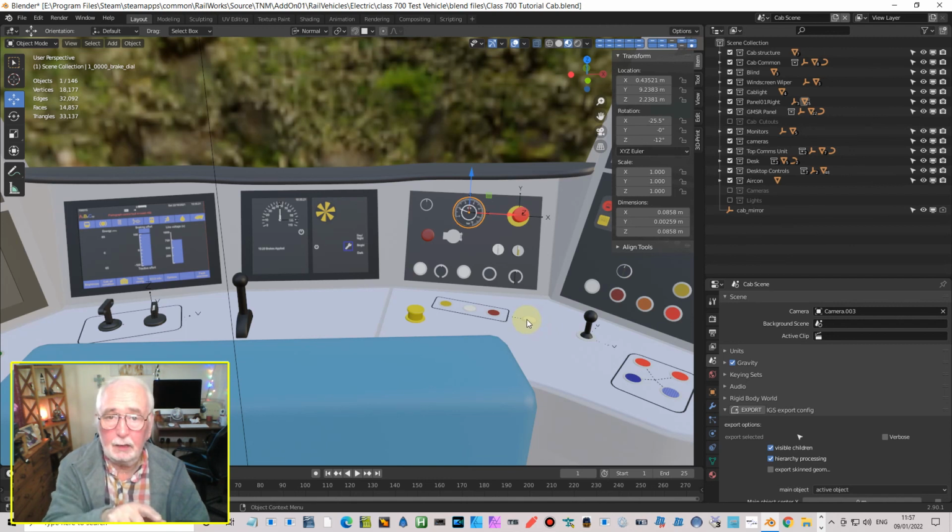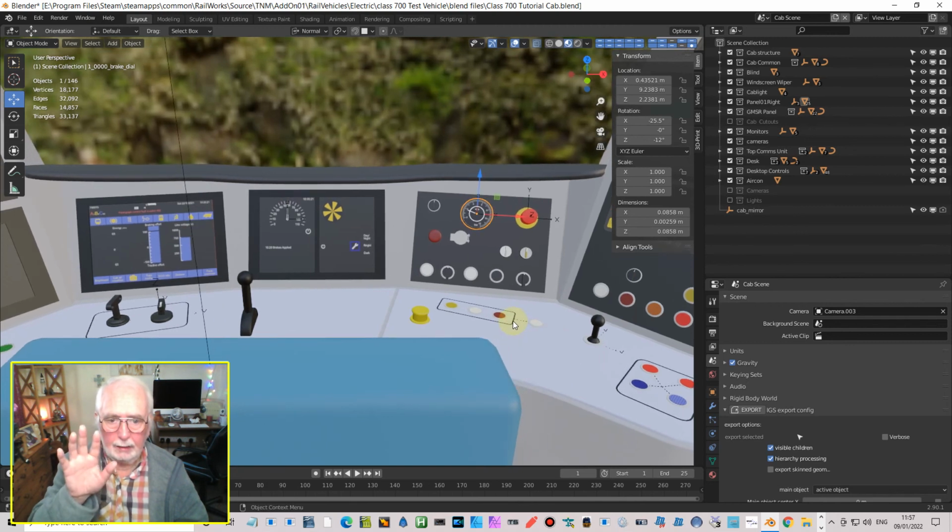I may not have named them. They might just be button 1 or something like that in the list. You might want to name them, but there is that diagram that will show you the layout and what each button actually does. So that being the case, let's get